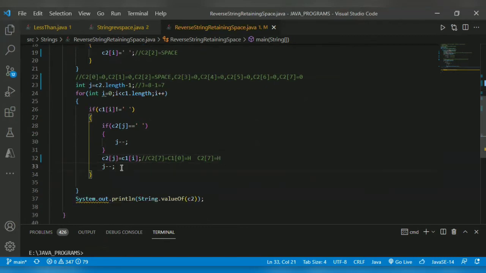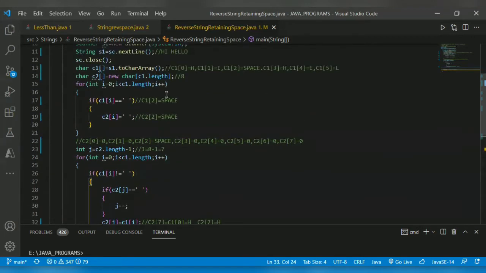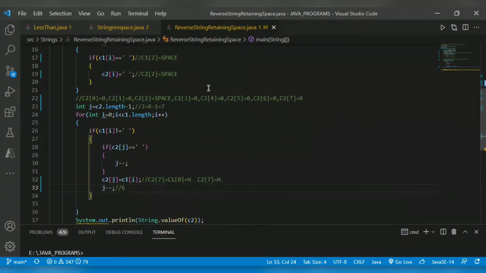Okay. Then it will decrease j. j becomes 6. After that, it goes for i equal to 1. c1 of 1 is not equal to space, so it is satisfied. c2 of j, c2 of 6, is equal to 0, so the space condition will not be satisfied.